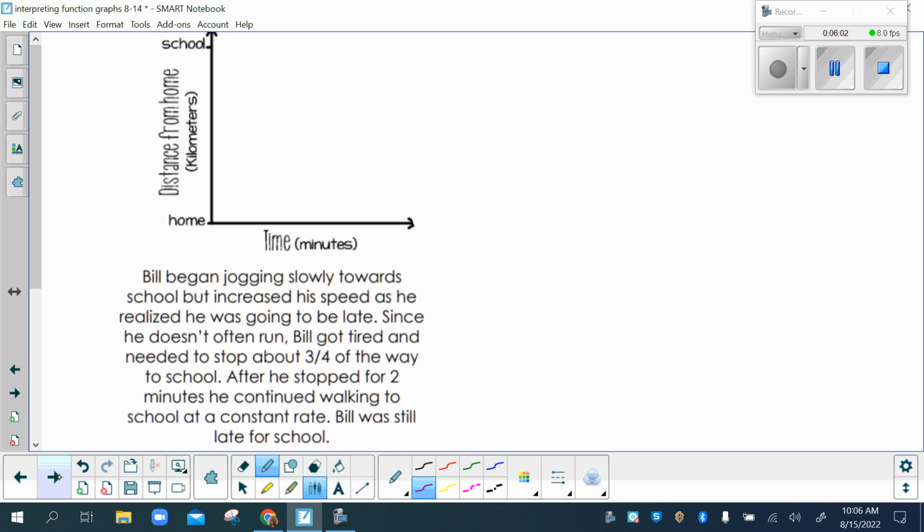Start him here. Start him at school. Starts off slow, and then he goes fast. Yeah, kind of like a little lightning bolt. Yeah. Like a little S. He started off slow, and then he went fast, and he got tired. And then I make him tired flat. Tired flat. Just stand there. And time keeps ticking. And then he goes,